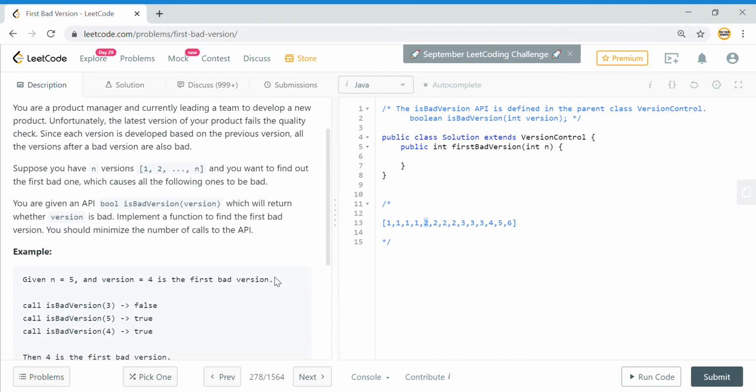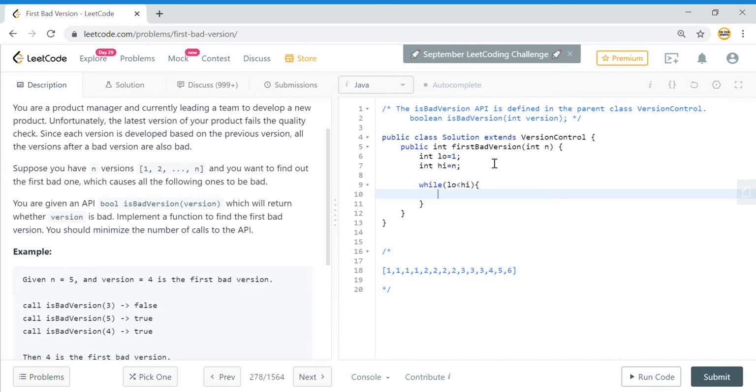So let us solve this problem. What we need to do is the binary search here. We will have a lower bound, which is 1, because the versions start from 1, and a higher bound, which is equal to n. And we will say while low is less than high, we'll do the binary search.